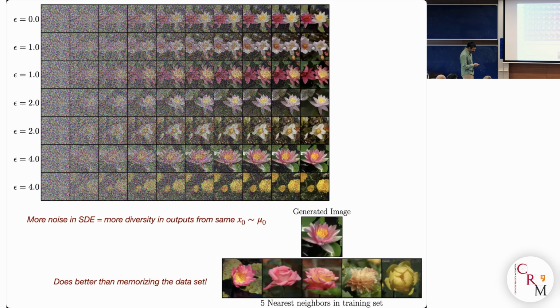Okay, and remarkably, as already pointed out by Stefan, there is something that arises here that is kind of magical, which is that this actually does more than memorizing the data set. So for example, if you take this flower here, you can actually go into the training data set and find what are the flowers that were the closest to it. If you had memorized, you would find this flower, but you don't, and the closest flowers are these. And you see they have common features, but this is kind of a new flower. So there's some generalization. We don't understand this very well. Okay, so that was my very quick summary of stochastic interpolants.